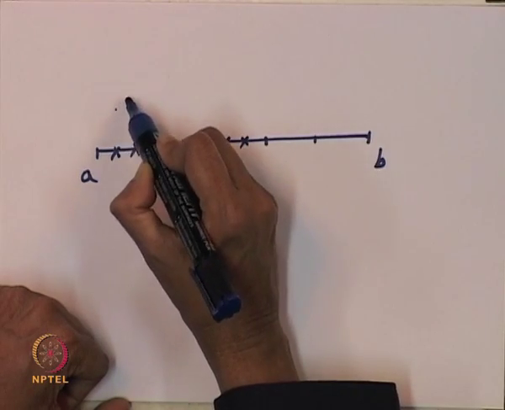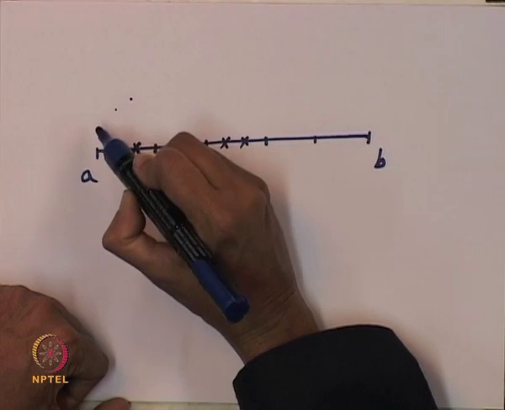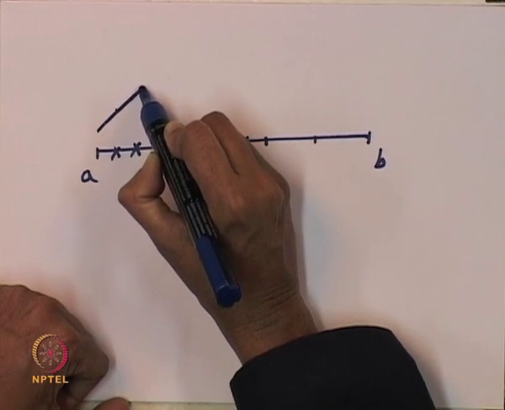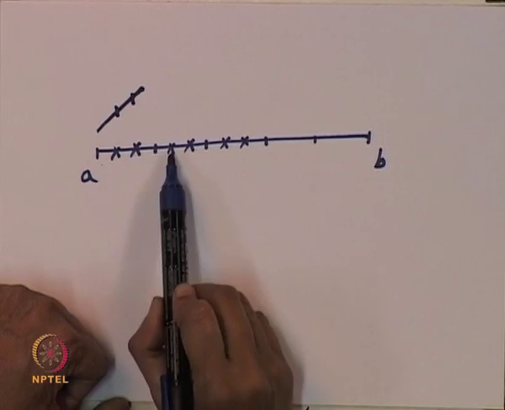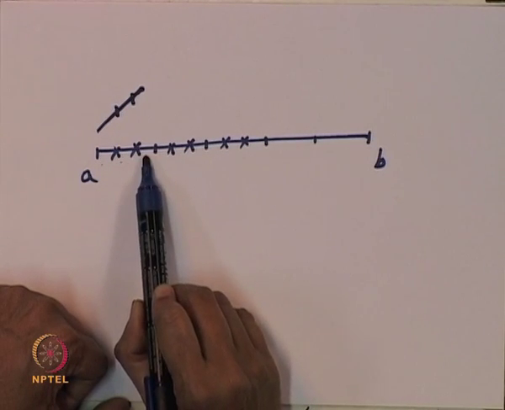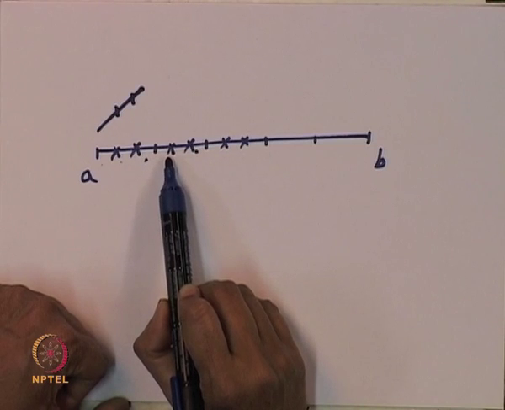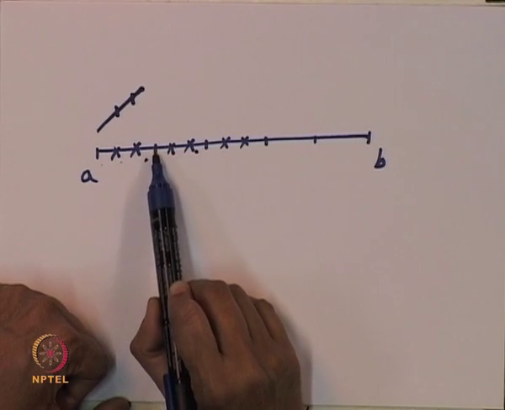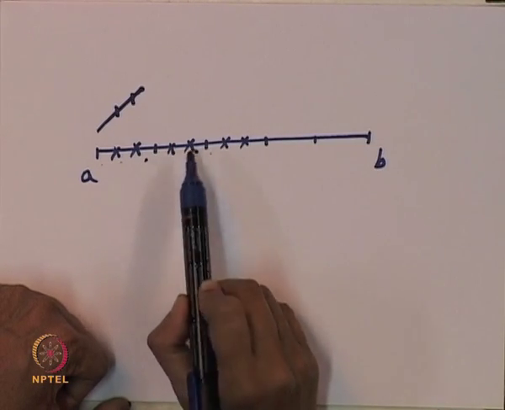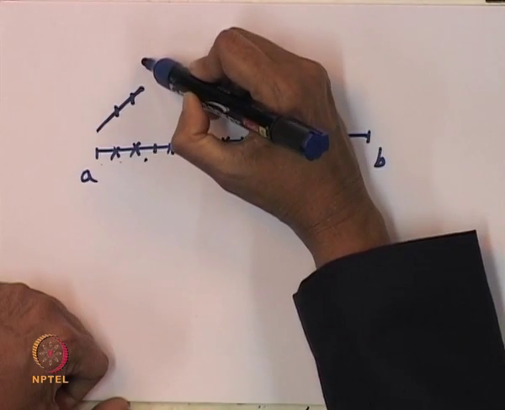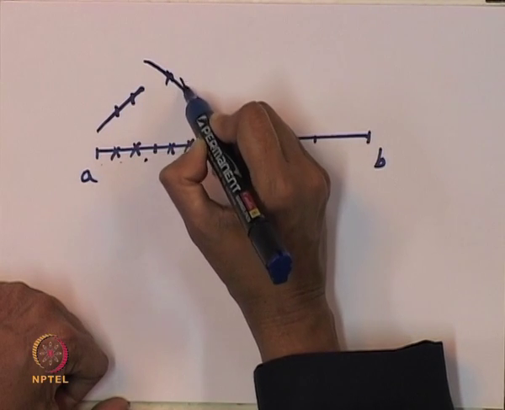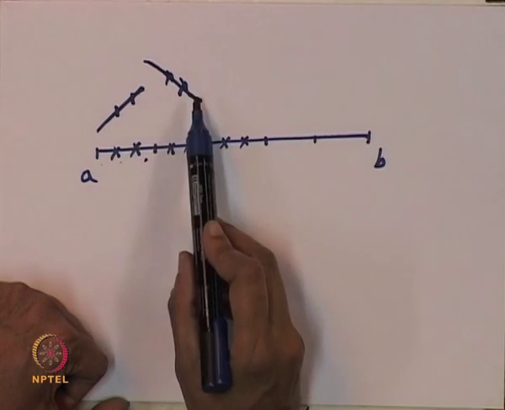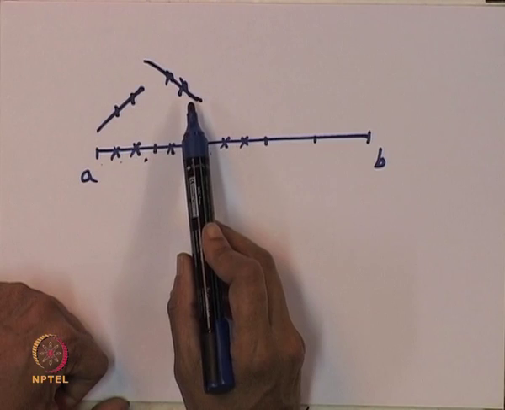Now, suppose these are the function values, then this is going to be the linear polynomial interpolating the given function at these 2 points. The linear polynomial interpolating the given function at these 2 points can be something like this. It depends on the function value. So, I may not even have continuity.